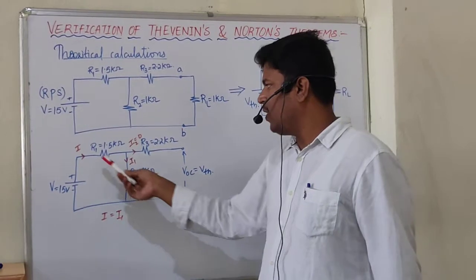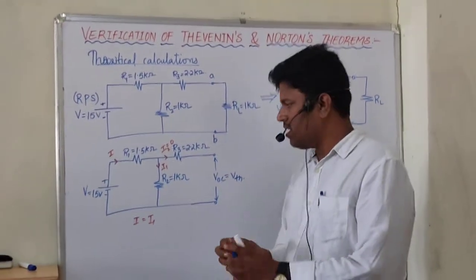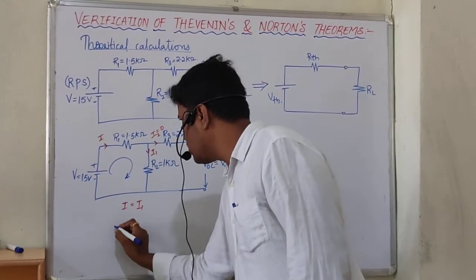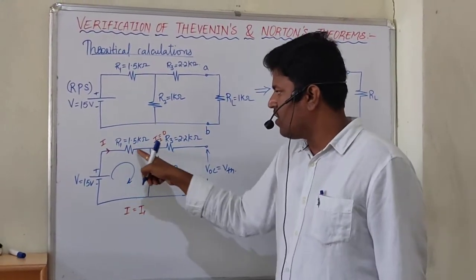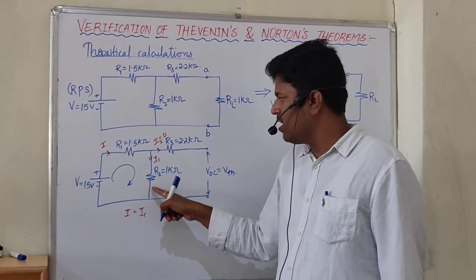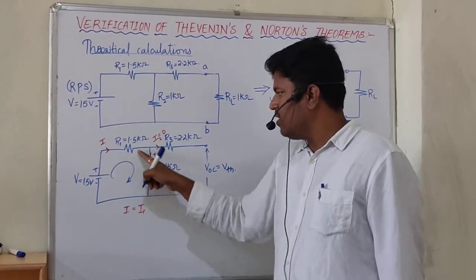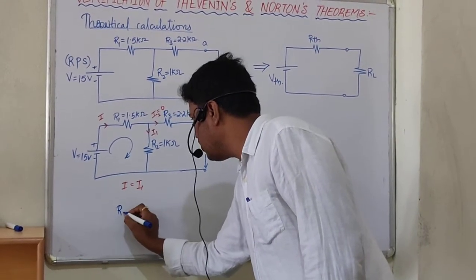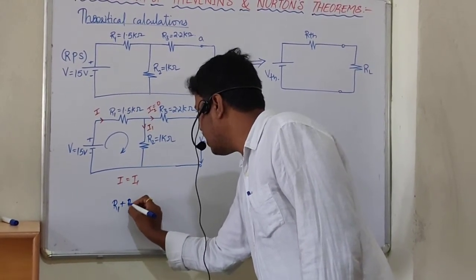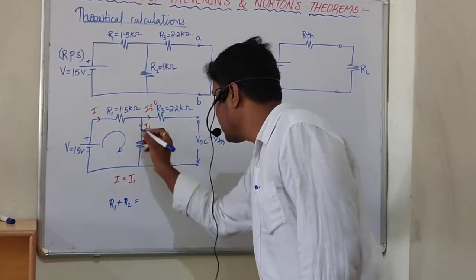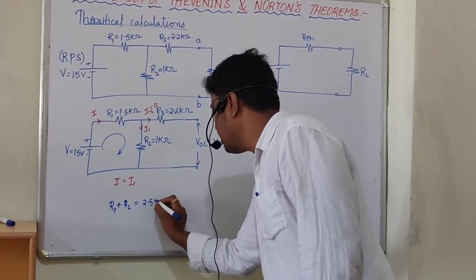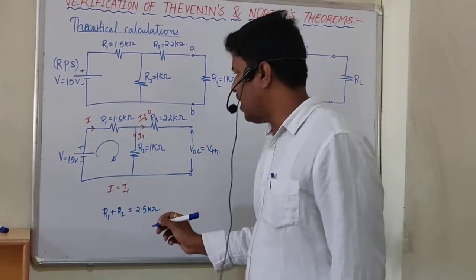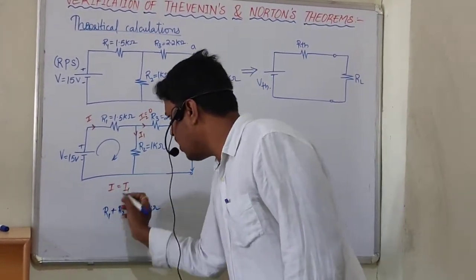So first of all, we need to have total resistance in this path. What is total resistance? Since current is not dividing among these two elements, we should consider these two elements are connected in series. For series connection, we know the formula R1 plus R2, which is equal to 2.5 kilo ohm. Right? So this is the total resistance in this path. So we need to know what is I or I1.